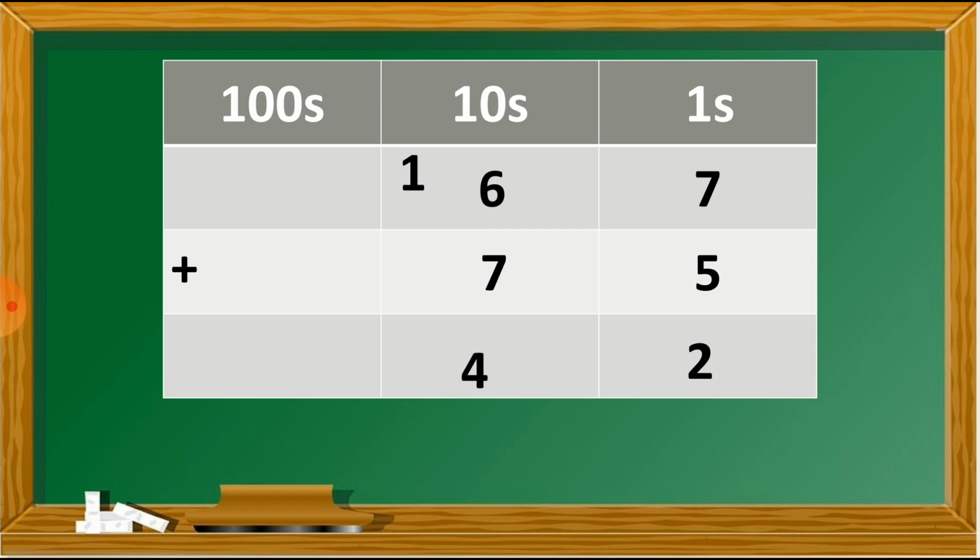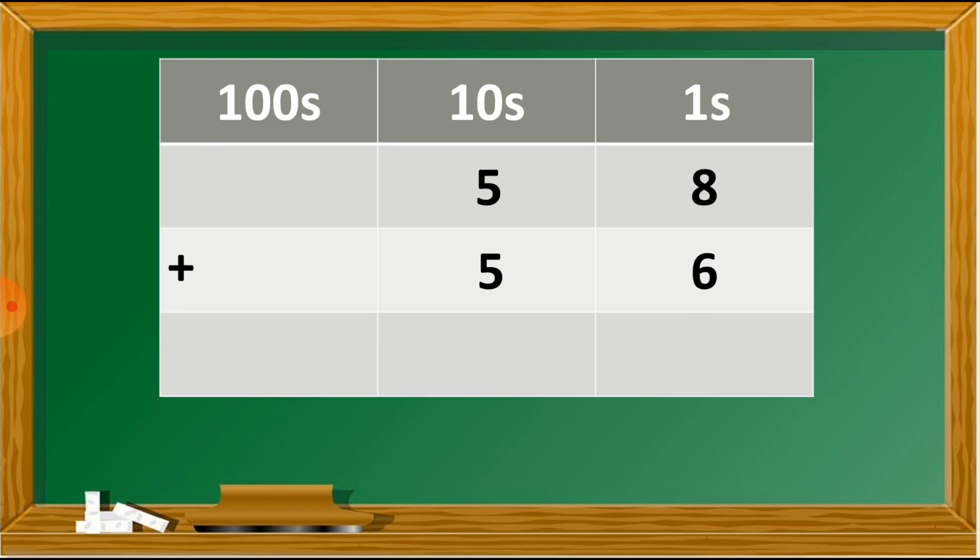So we have to put 4 under the tens column, and the other 1 will move as a carry forward number and be written at the hundreds column. So this way the answer will come, which is 142. Hope you understood this. I did not just put a carry here; I wrote the direct answer at the hundreds column, and you also write the answer this way.